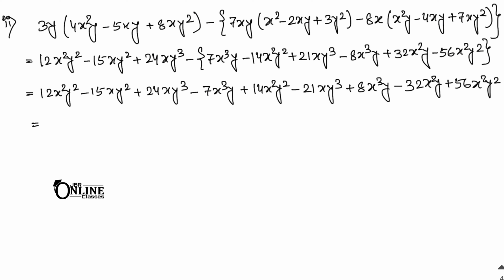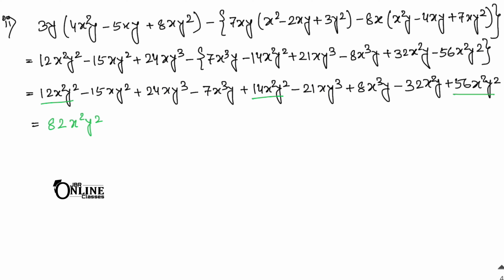So now you have to find out the like terms. So as here 12 x square y square, here 56 x square y square. So it will be here 6 and then 8. So 68, sorry, also here 14. So 68 plus 14. So it will be now 82. So 82 x square y square. Clear? So 82 x square y square.